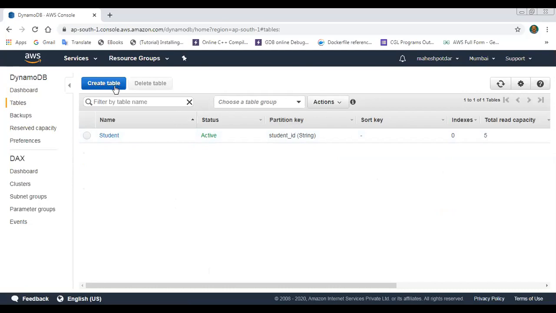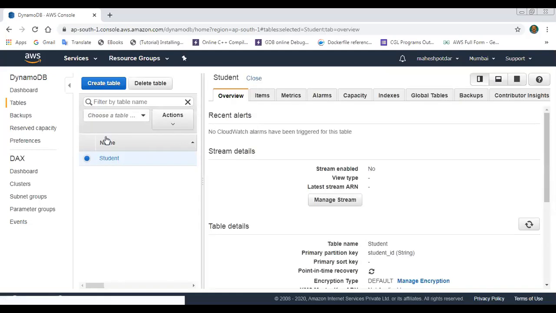If I click on create table, it will ask you the table name and partition key. So the word used in DynamoDB is the partition key. I have created one student table, and I have used student_ID. The data type is string. So the table name is student.